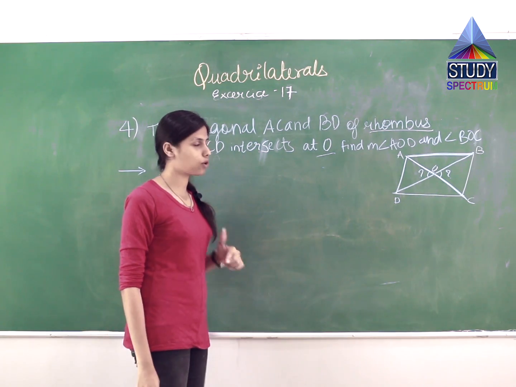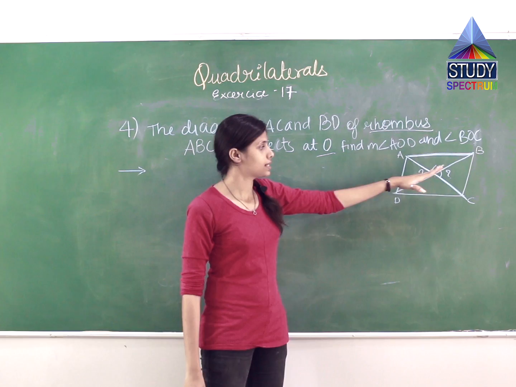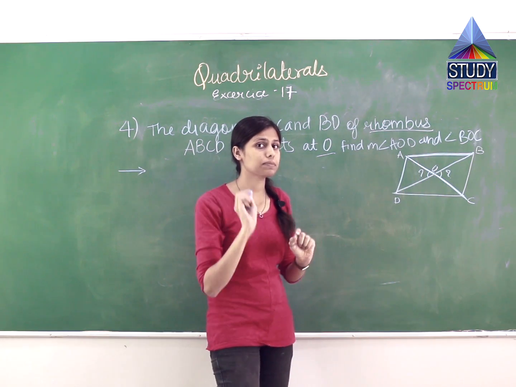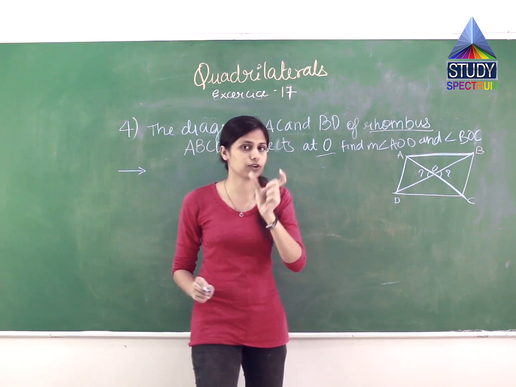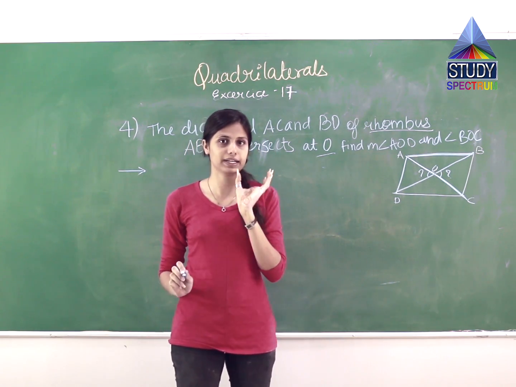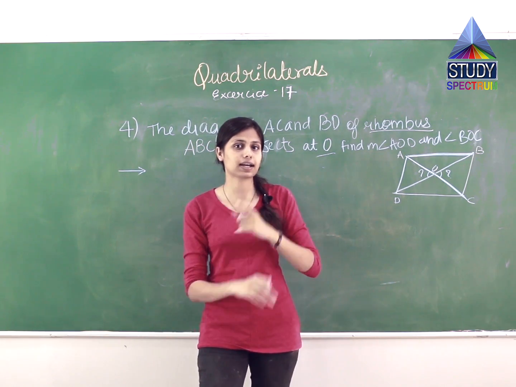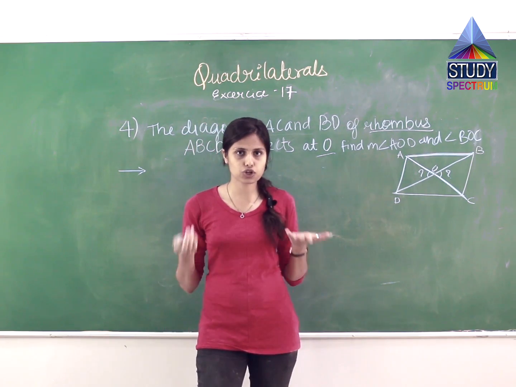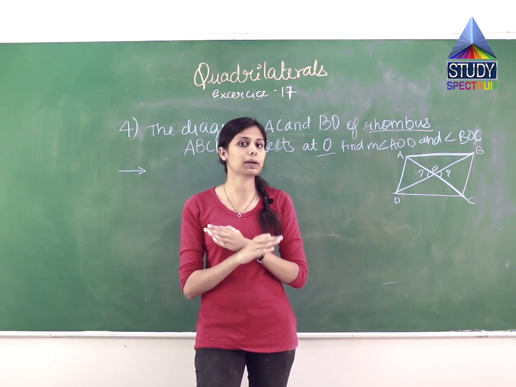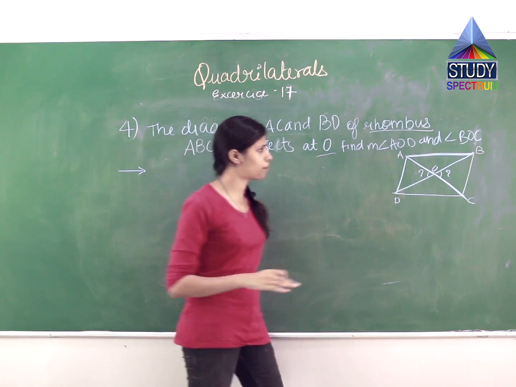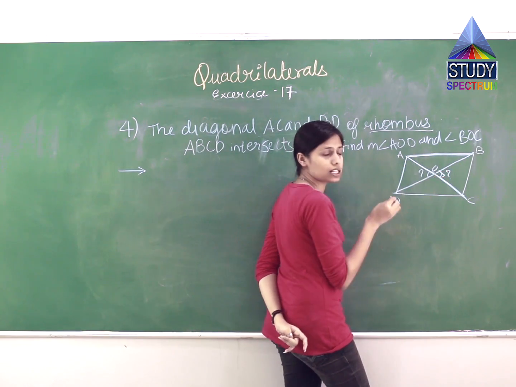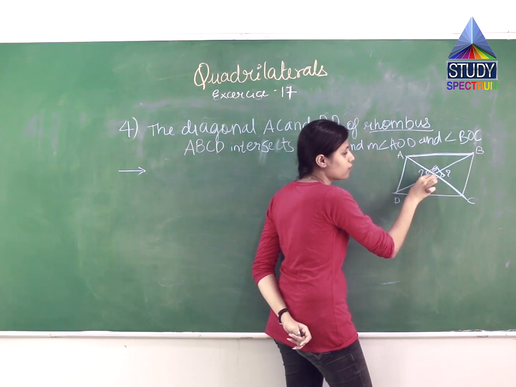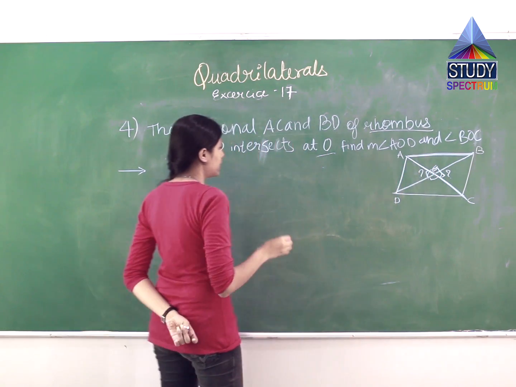Remember the conditions of a rhombus. In a rhombus, the diagonals are the perpendicular bisectors. What is the meaning of perpendicular? The word perpendicular itself indicates that they intersect at 90 degrees. So what should both these angles be? They both should be 90 degrees, right? Because they are the perpendicular bisectors. What is the meaning of perpendicular bisectors? All the angles formed in the middle will be of 90 degrees. So let us start.